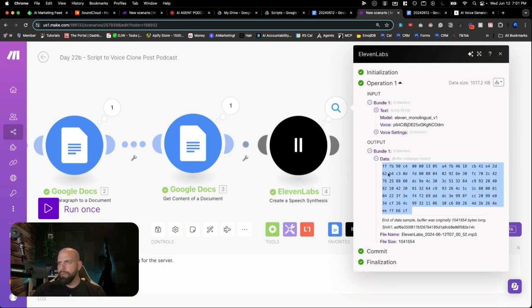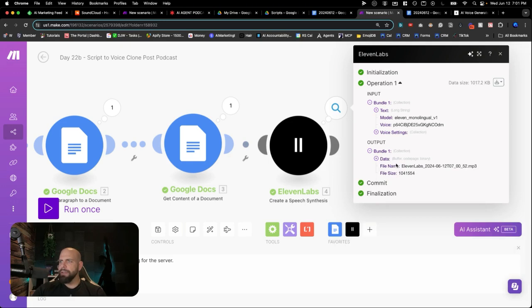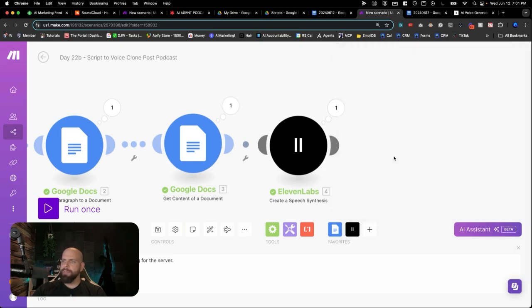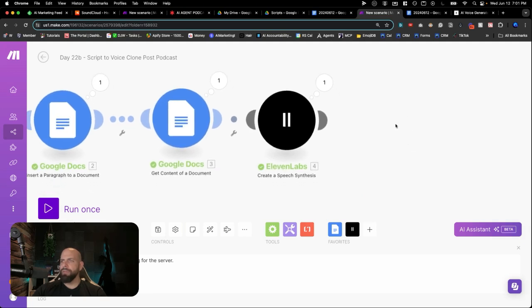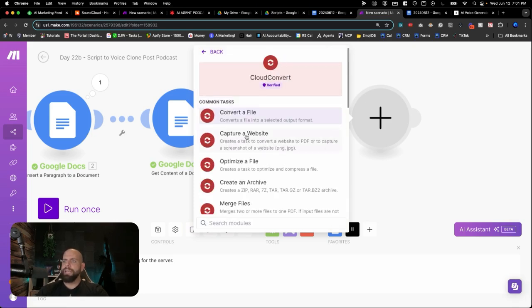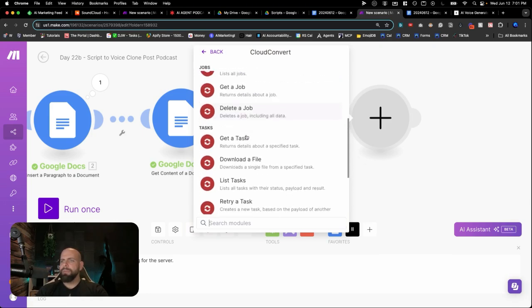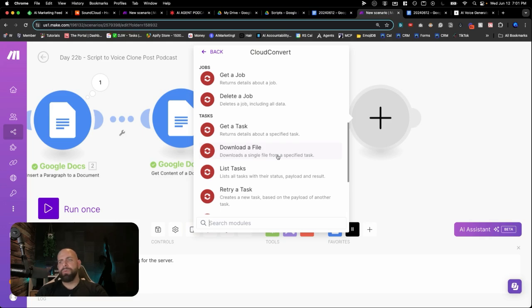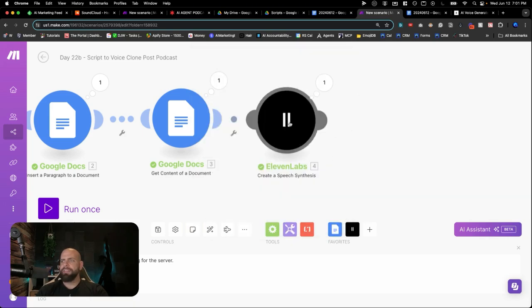So if we wanted to listen to this to see if it worked, we need to be able to download this data. There's a couple different ways you could do that. I'm not going to do it this way right now because we're going to just go through and post it. We'll be able to listen to it on post. But I would use something like Cloud Convert. Cloud Convert here allows you to capture a file and then download that file. So we would actually run this through and we'd be able to download that file if we wanted to upload it to Google Drive or do whatever else we want to, because right now this is currently not downloadable. But we're not going to do that. We're going to upload it to SoundCloud instead and we can listen to it over there. But before we do that,